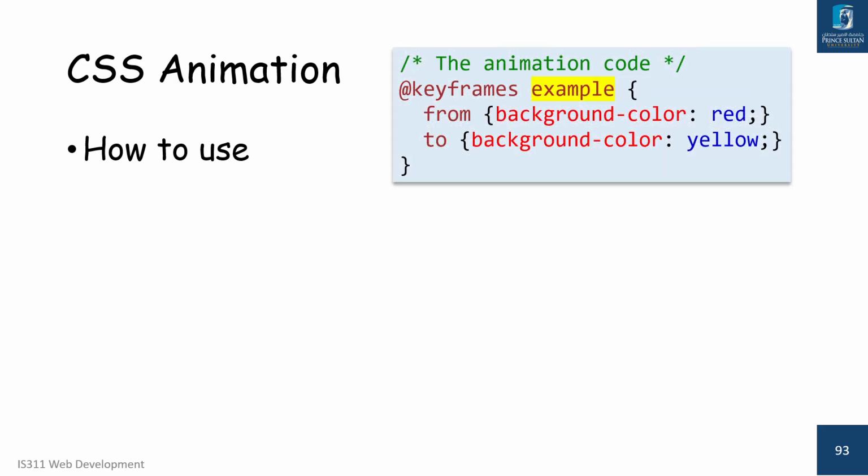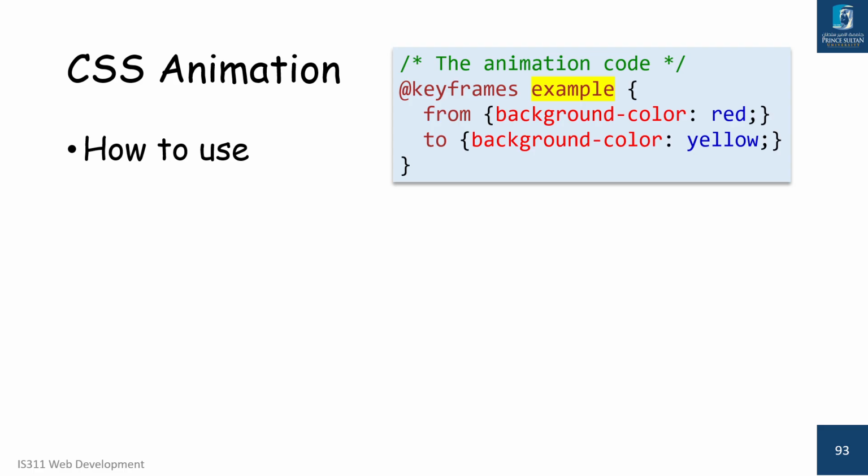First, we need to create an @keyframes rule, and inside the @keyframes we need to give it a name, as highlighted in the example. So this is a name. You can select whatever you want: my first animation, animation demo, example one, example animation. And then after that, we are saying from background color red,